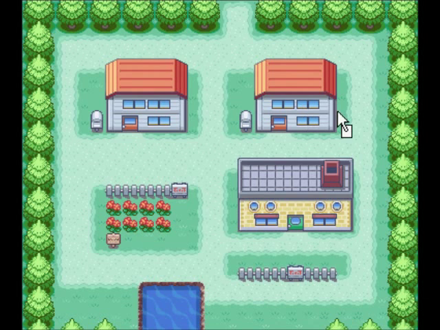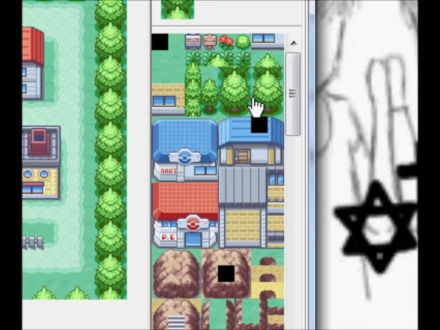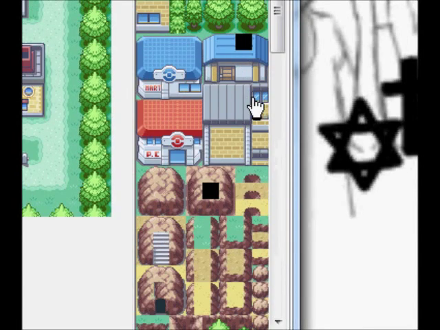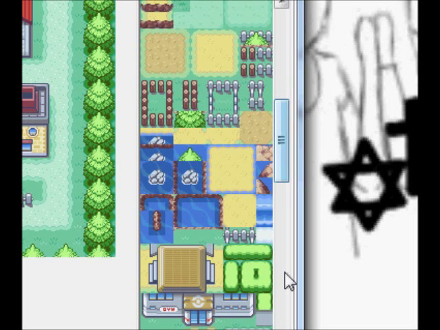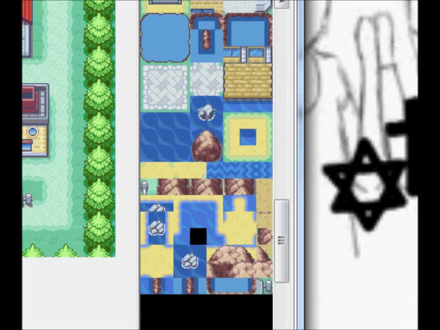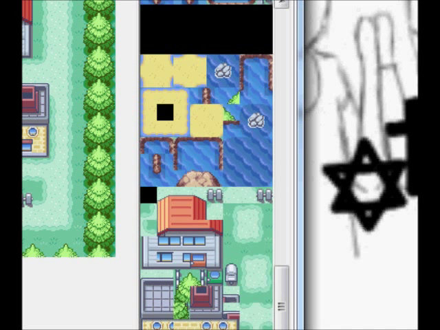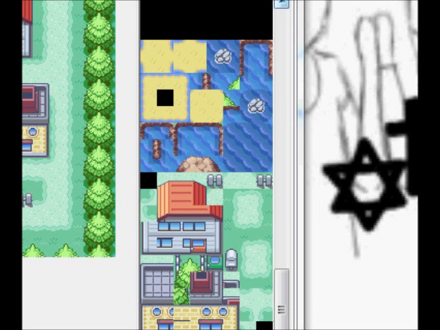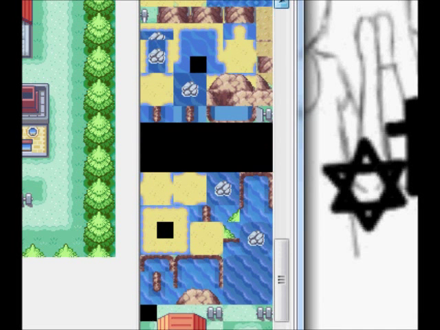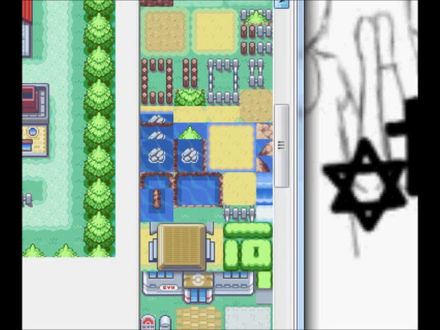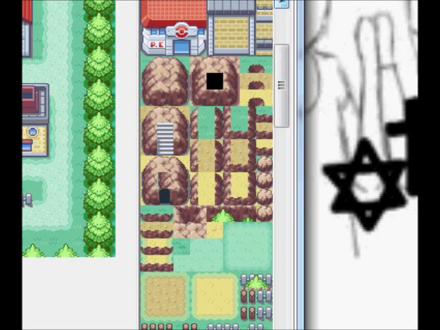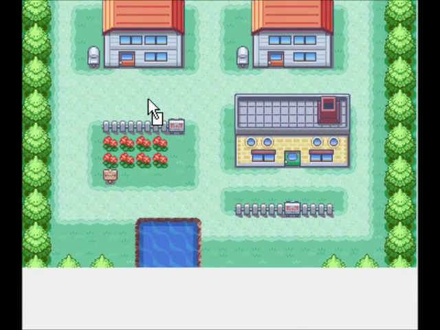So, this is what Pallet Town looks like normally. If you look over here, you can see a list of different map sprites you could use. And basically you can take any of the sprites shown here and put them onto the map. So if I wanted to put like a rock or something, I could just